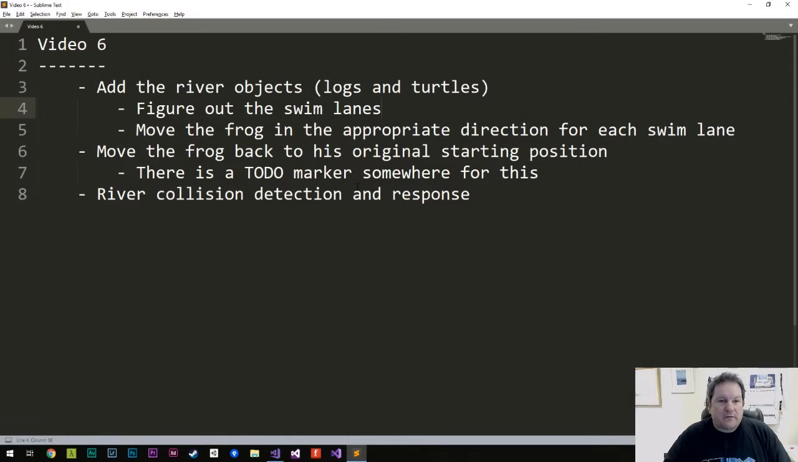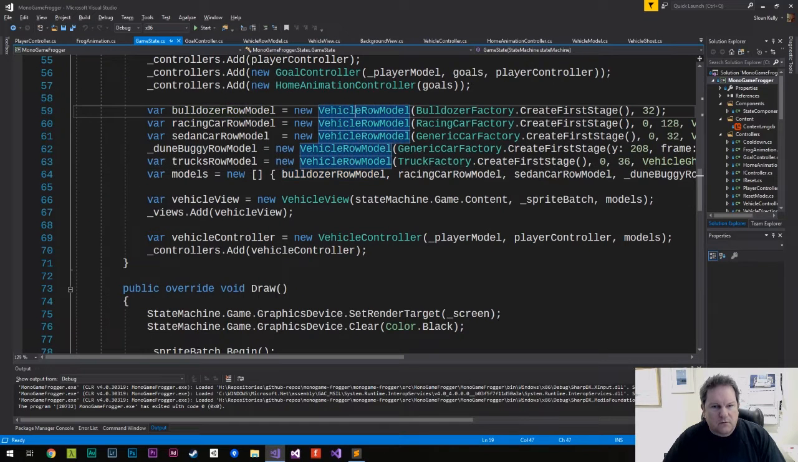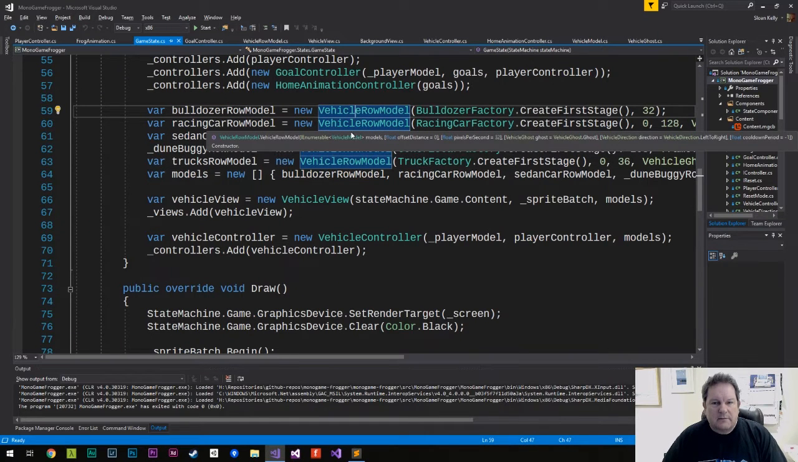So this is the plan for today. We're going to do our river objects. I'm going to build a basic class for it, which is going to be kind of similar to the vehicle row model class we have here. It's going to be very similar to that,